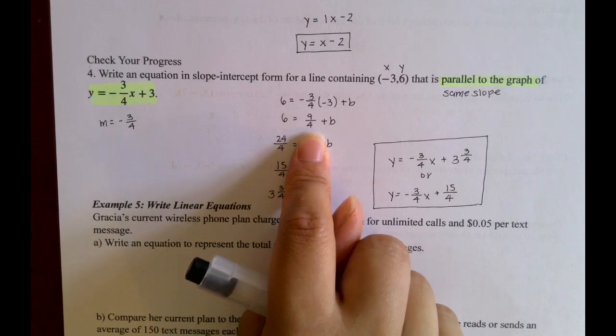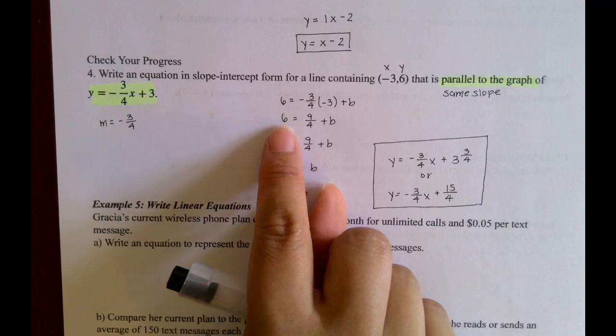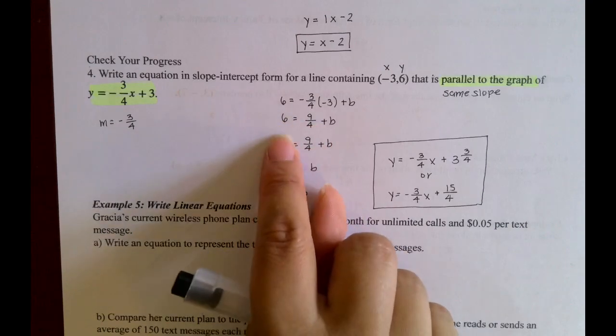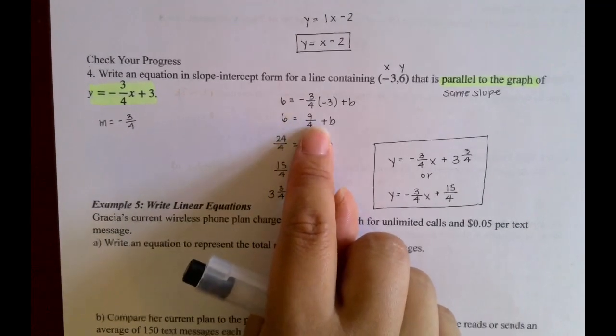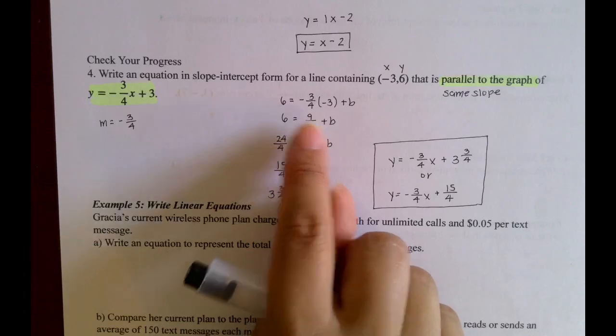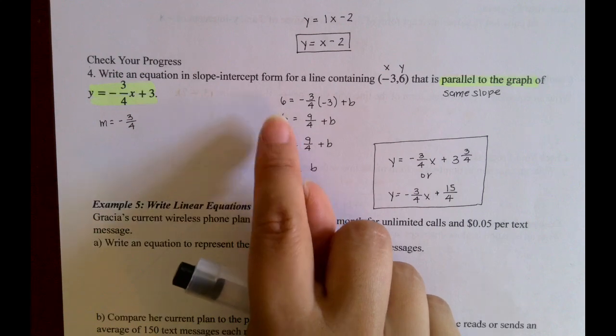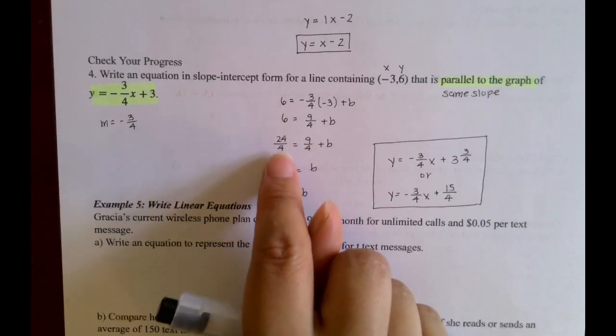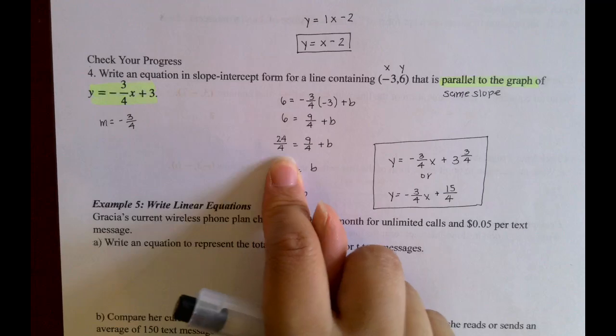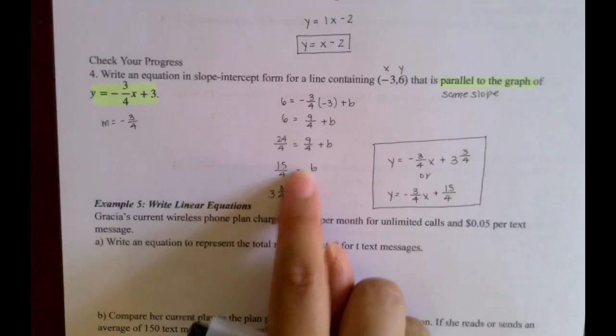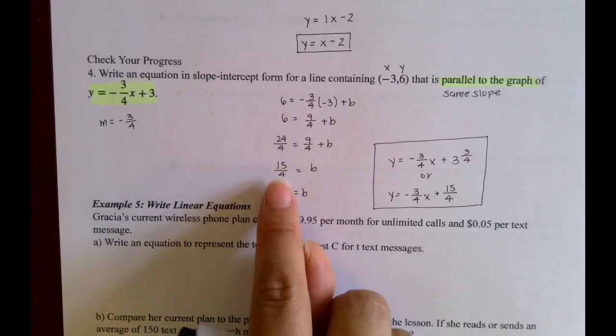In this case, I thought it would be easier to leave it as improper, so I changed it because I want to subtract it, right? So when we subtract fractions, we need a common denominator. And since this is 6/1, to get it to a denominator of 4, I multiply top and bottom by 4, which gave me 24/4. And then later, when I subtract, all I have to do is 24 minus 9, which is 15, and the denominator